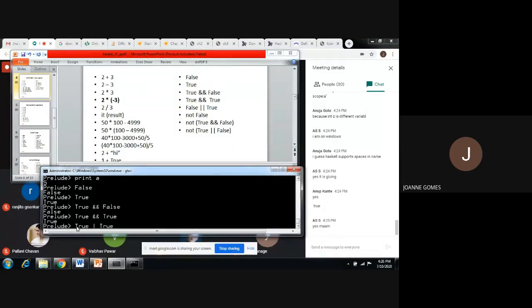In a similar way, the pipe symbol is used for the OR operation. So True or True gives True. We have to say False or False. You all can try different combinations.